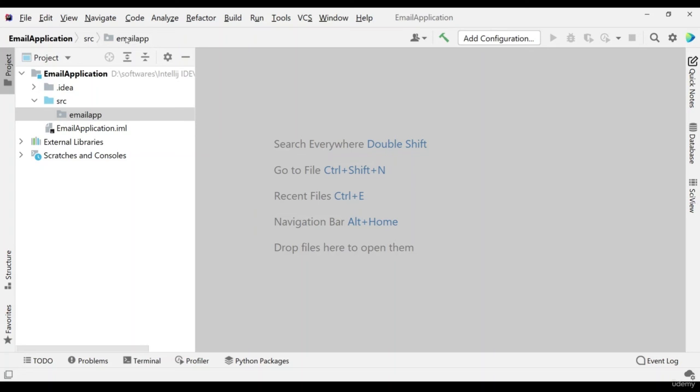So first let's see that part, what we are going to specify in it. First I am going to create a Java class, and I specify the name for this Java class as email. Once it is done, it will load that class.